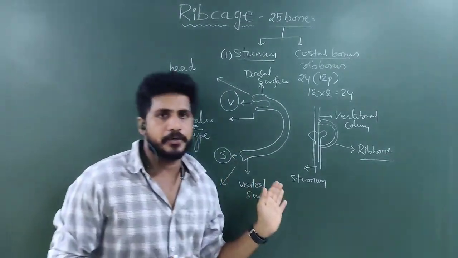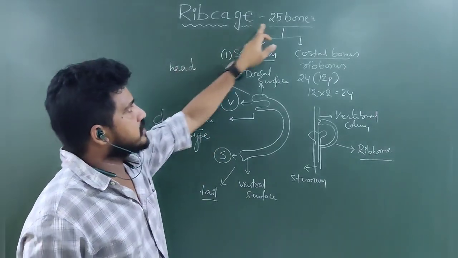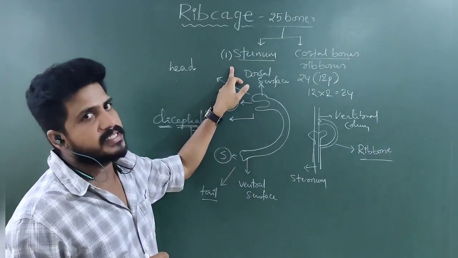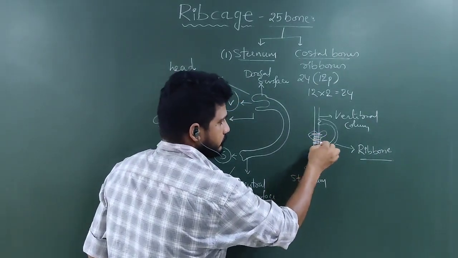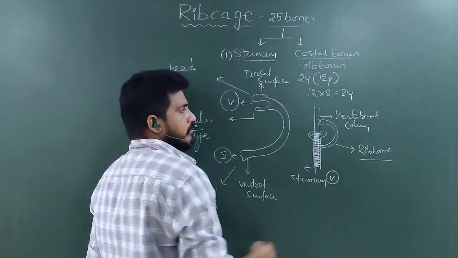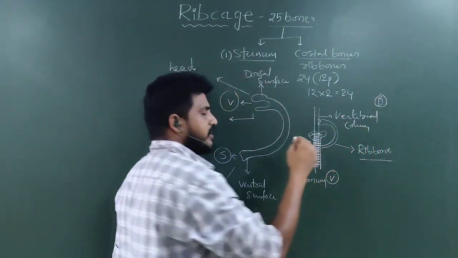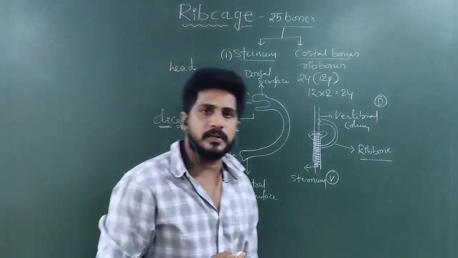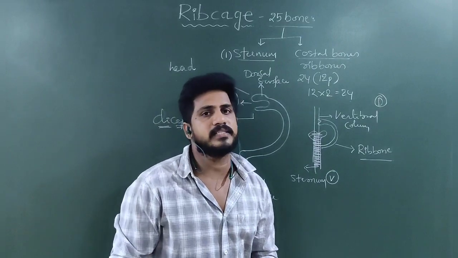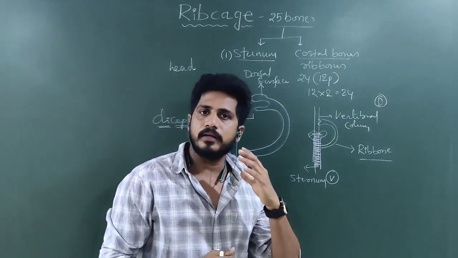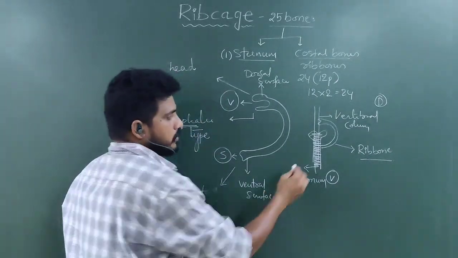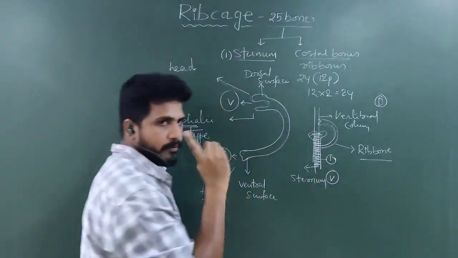So, firstly I introduced the rib cage, which consists of 25 bones in the human. In that, one is the main bone, the sternum. This is the sternum. The sternum is present on the ventral side. The vertebral column is present on the dorsal side, but the vertebral column is not a part of the rib cage. In the next class we will discuss it. You know very well, this is the third part of the axial skeletal system after the skull and rib cage. So, number of sternum, only one.